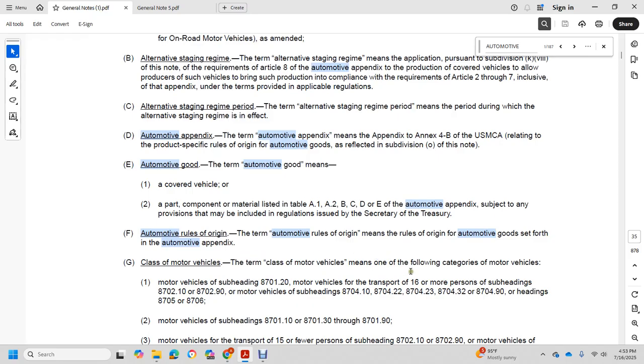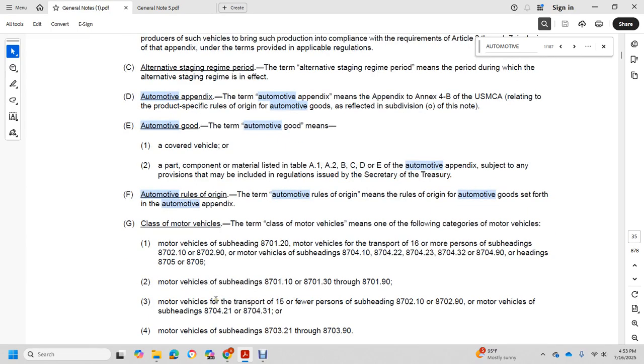The term class of motor vehicles means one of the following categories: motor vehicles, subheading 870120; motor vehicles for transport of 16 or more persons, subheading 870210, 870290; motor vehicles, subheading 870410, 870422, 23, 32, or 90, or headings 8705 and 8706.